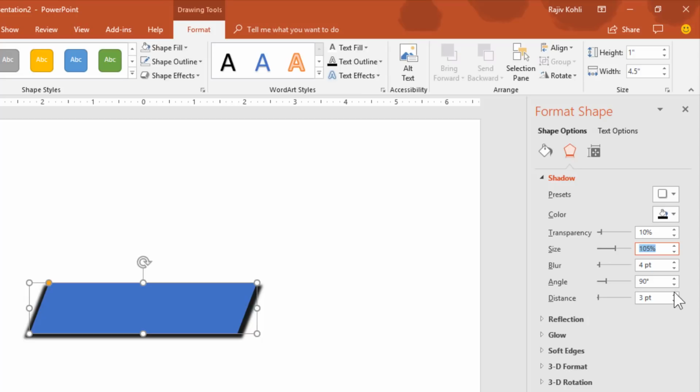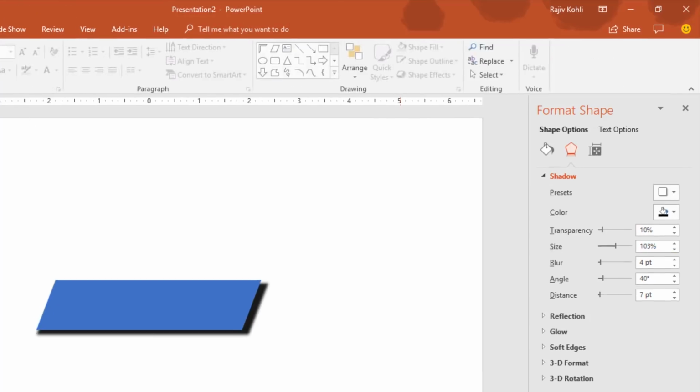And I would like to choose a distance around right here and an angle of 40 degree, and let me reduce the size a bit.